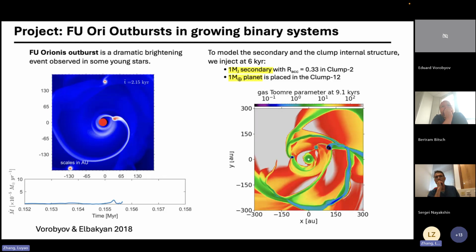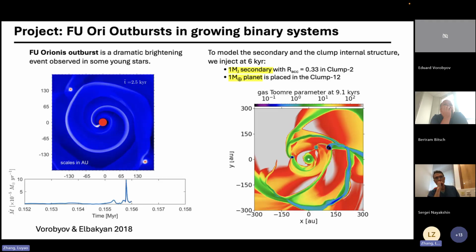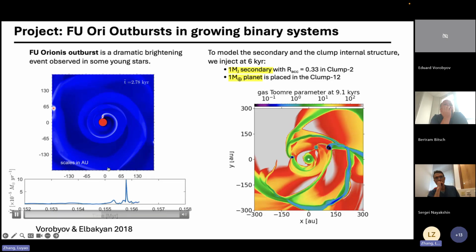working on now. Our project explores FU Orionis outbursts in growing binary systems. An FU Orionis outburst is a dramatically brightening event observed in some young stars. Previous studies, like those by Vorobyov, suggested that clump accretion onto the primary star could trigger such outbursts, as rapid